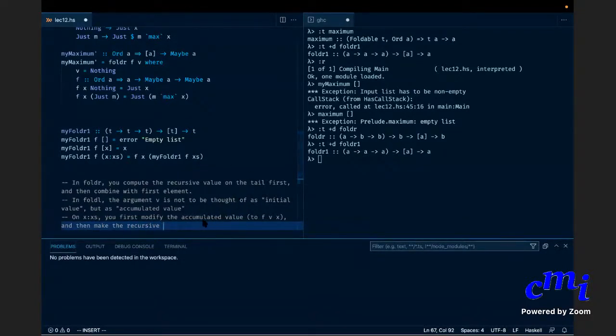Sir, is it more close to the lazy evaluation thing? Actually, it turns out that fold R is closer to lazy evaluation. This is more close to eager evaluation actually, because at every point you are accumulating the value and then making the recursive call, rather than saying, okay, I'll get my recursive value and then make the update. I'll first make the recursive call, and that is lazy actually. I'll make all the recursive calls possible, and only when the values return, I will do my accumulation. Whereas here you are saying, okay, this value I'll straight away update and pass it on.